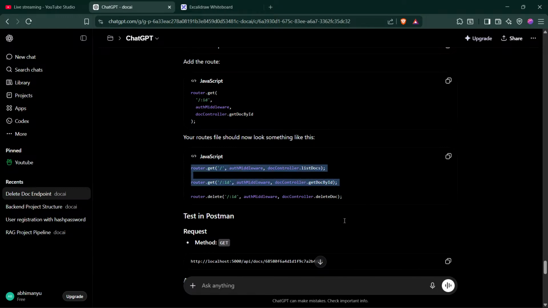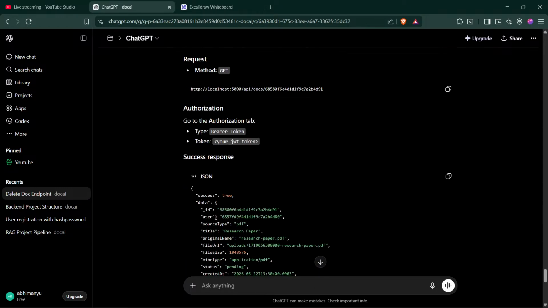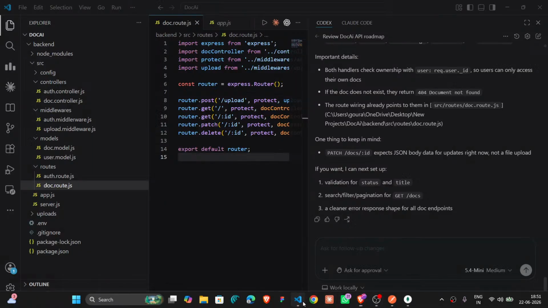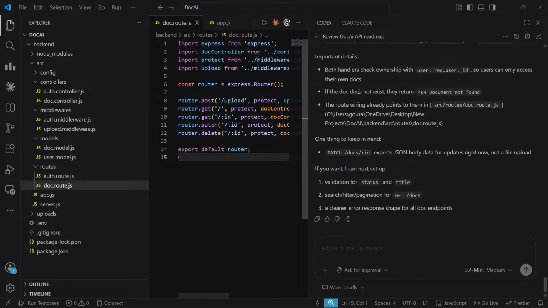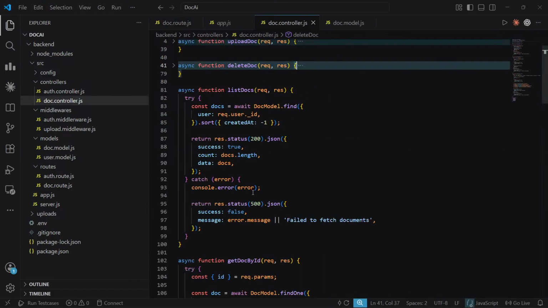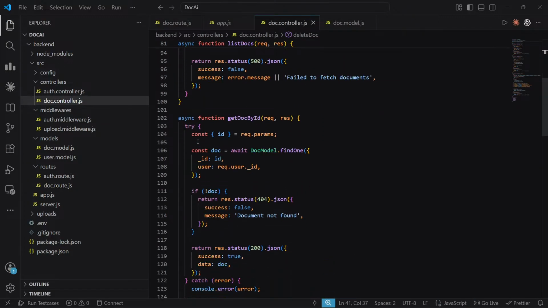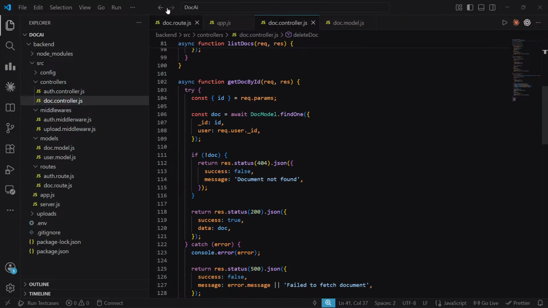You on the right side look at the get method. Okay, done. It's created. Let's just see once. Document by id params.